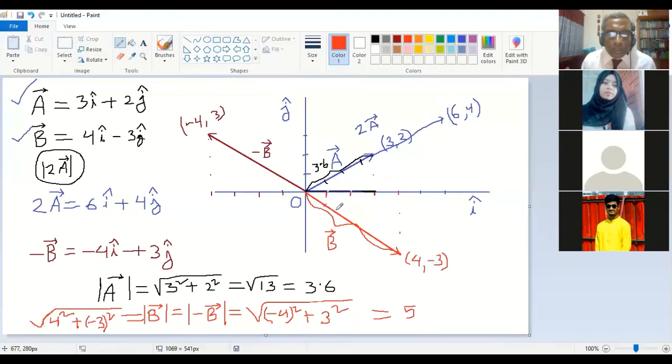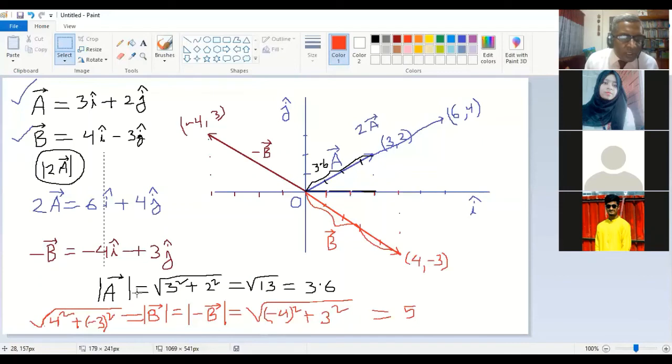Okay, so 1, 2, 3, 4, 5, something like this. Okay, so that is the magnitude and direction. Oh, not direction. I haven't told you the direction yet. Let me just tell you the direction quickly also. I'm in a little hurry because we do not have enough time. So let me just see the direction.